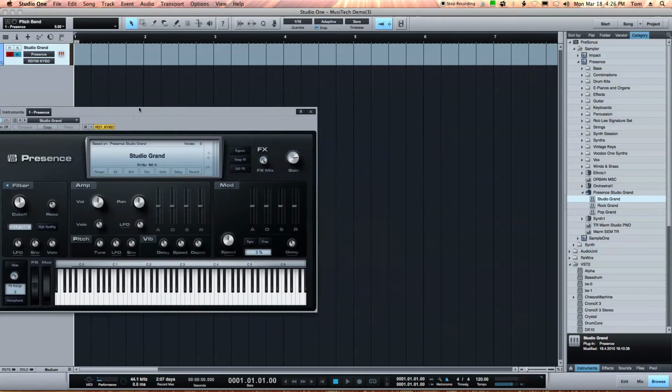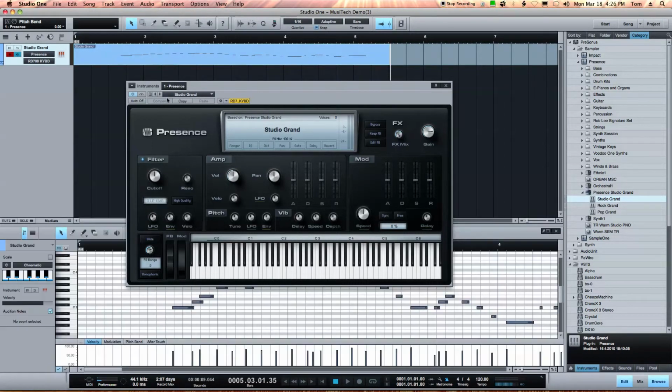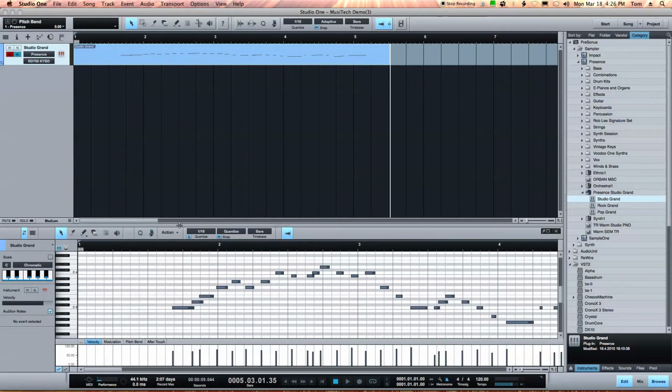So what you can do is if I hit record here, and you can tell up here at the top, it was memorizing it. So let's slide this out of the way. And here are the notes that I was playing. Let's say I don't want that note to be C. I want it to be this C. So all of a sudden,